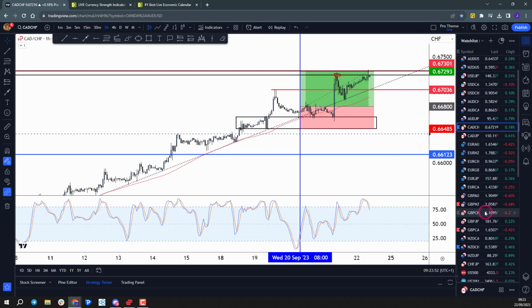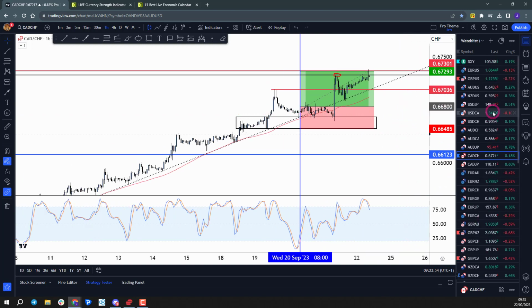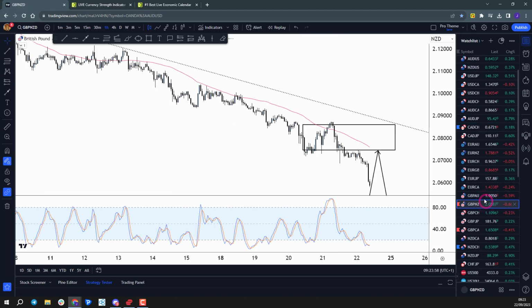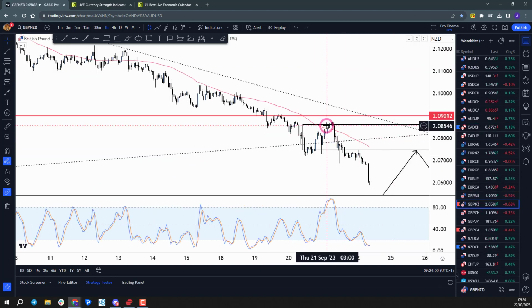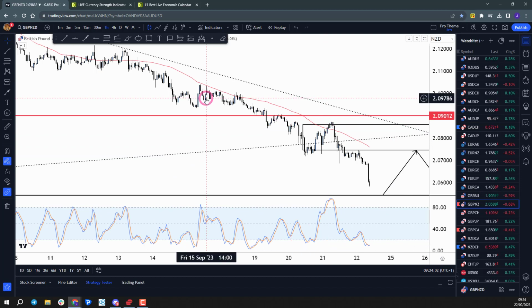So yeah, we had an okay week by the end of it. Obviously we could have caught a couple more moves. There was a lot of high impact data this week though, so I didn't really want to put too much risk on around those key events, and it turned out that we still got a good couple of moves anyway.